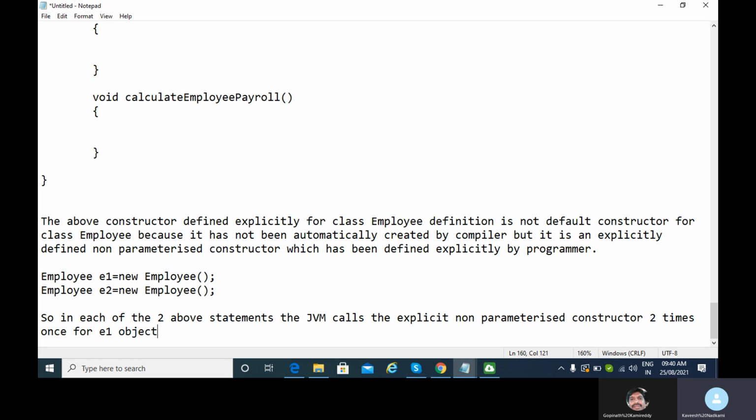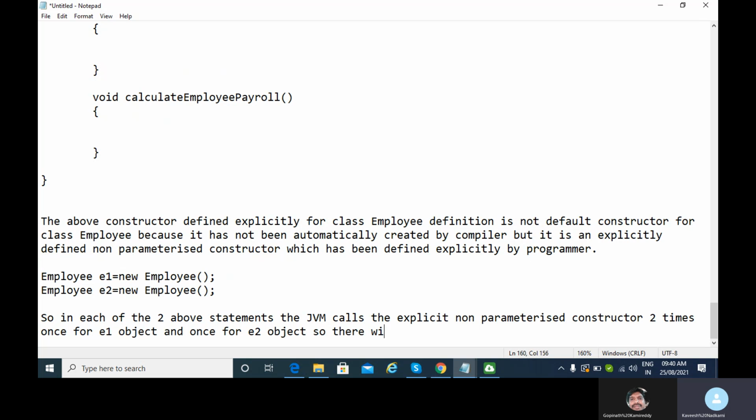Actually E1 is a reference variable, but to make it easier, in the further course also, whenever we want to say reference variable, we will use the word object for it, because anyway a reference variable refers to an object only, Gopinath. Yeah. So it calls the explicit constructor two times, once for E1 object and once for E2 object.